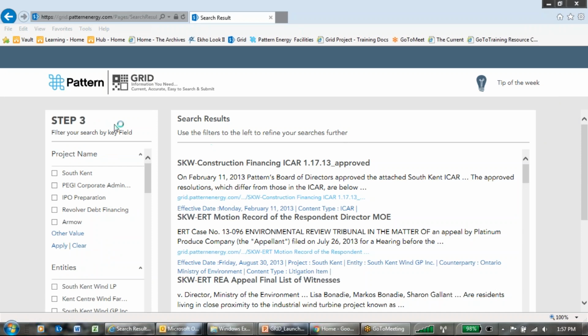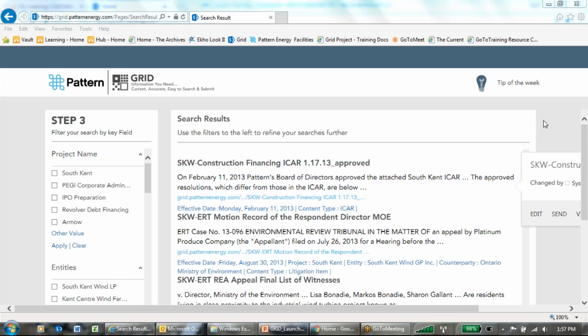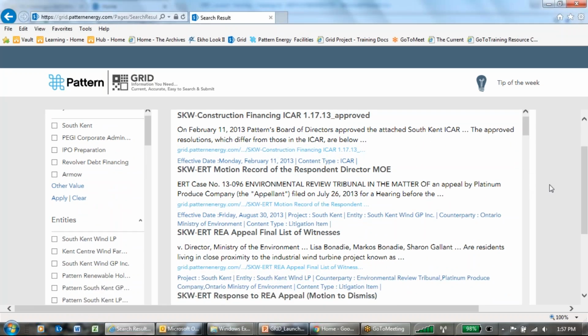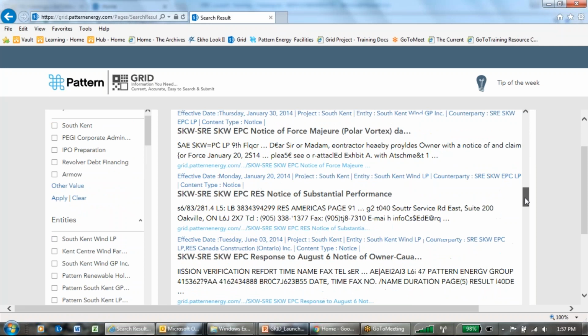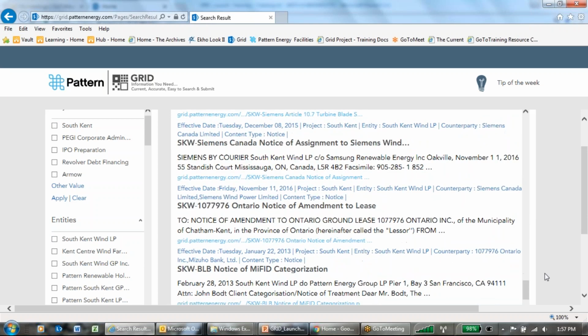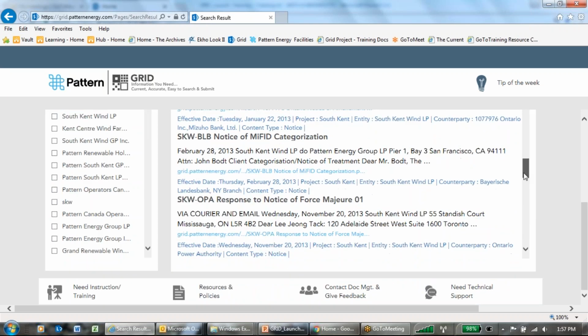Okay, and here we are in step 3. It's pretty neat because in step 3 you have your search results off to the right, and in the step 3 menu bar you have a whole bunch of filters known as refiners, and they allow you to refine and narrow your search results. What I generally do, this might just be me, is I'm immediately obsessed with knowing how many search results I got, so I scroll to the bottom,